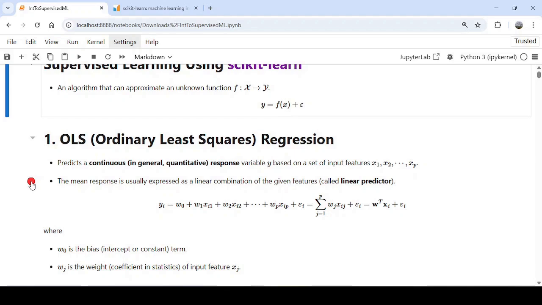So coming to ordinary least squares regression, as you know, regression predicts a continuous or, in general, a quantitative response variable y based on a set of input features, let's say x1, x2, up to xp. In general, in machine learning, the target function y equals f of x plus e is unknown. So the functional form of this model is not specified, but specific to a linear regression problem,